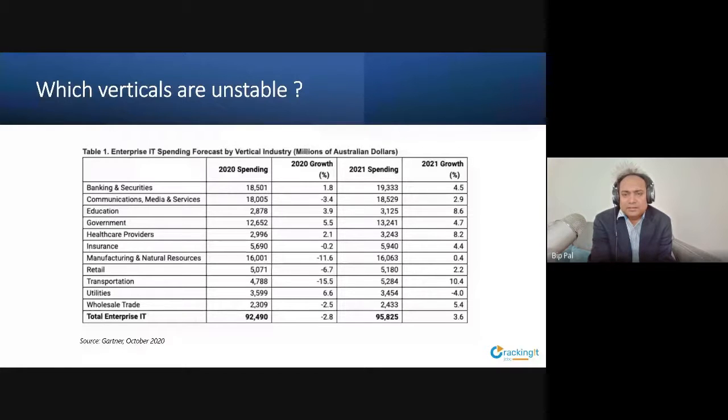Interestingly, banking remained solid. Typically, banking is called the heart of everything. Education has seen more growth because online education was going faster, so in 2020 and 21 you'll see education growing even faster. Government is always stable. Healthcare has also grown very significantly over time. So relatively, this tells you which verticals are stable and kind of recession proof, or I would say more stable verticals.